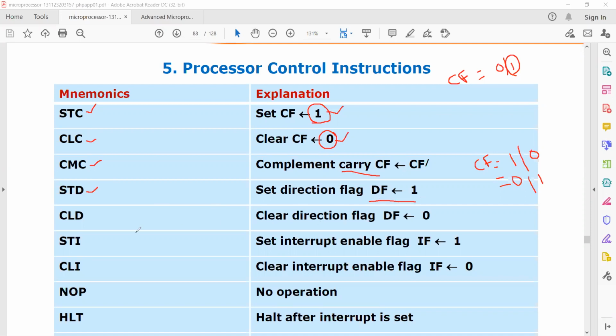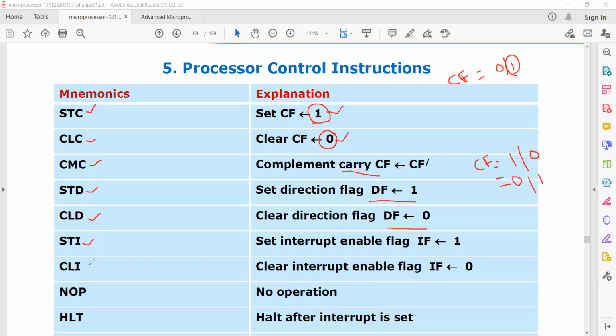Similarly, CLD means clear the direction flag. When you want to set the direction flag to 1, we have to use STD. When you want to clear the direction flag and put its value to 0, then we have to use CLD.